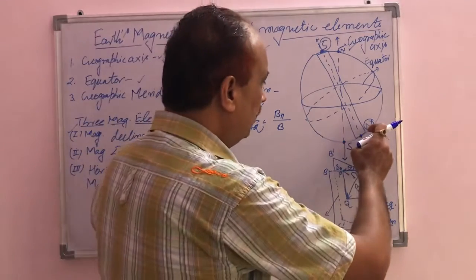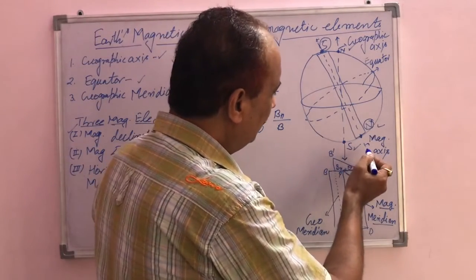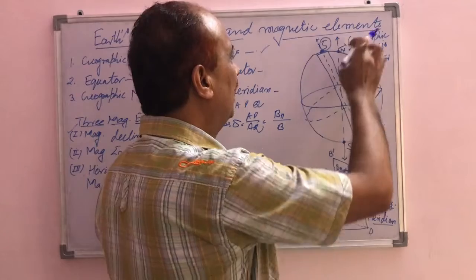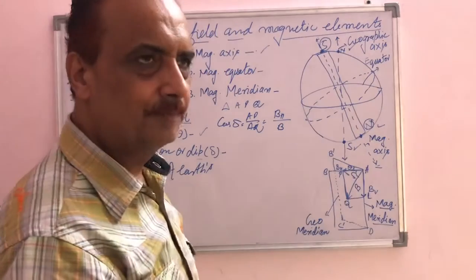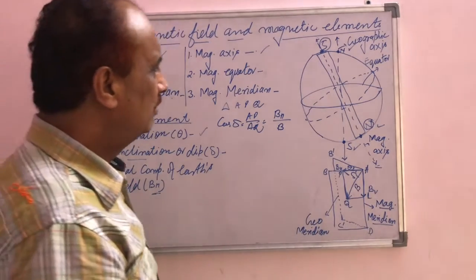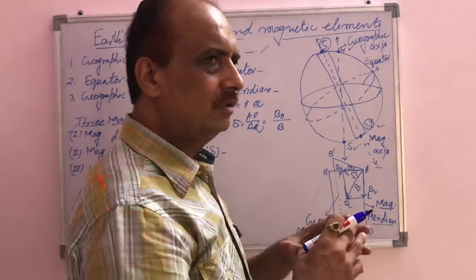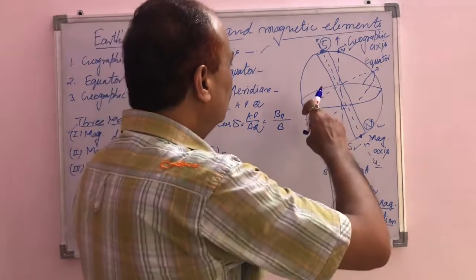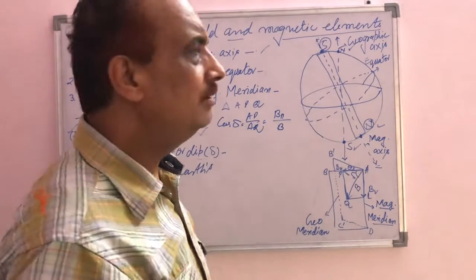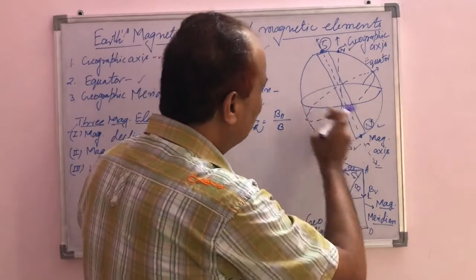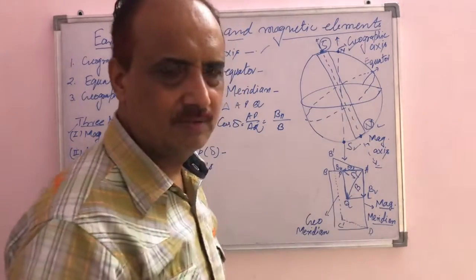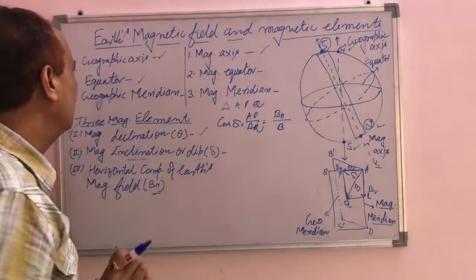The north pole of the huge magnet is lying in the geographic south direction, and the south pole of this huge magnet is lying in the geographic north direction. After that, another idea is given by scientists, and today's scenario is that the core of the Earth is made of magnetic material, that is nickel and iron, and when the Earth rotates about this axis, it behaves as a dynamo and the Earth is magnetized. So these are the ideas about Earth's magnetism.